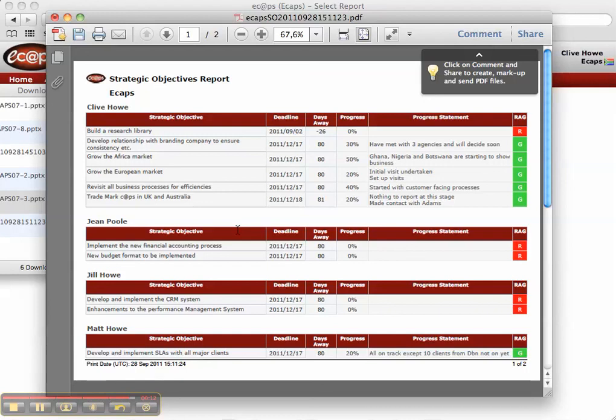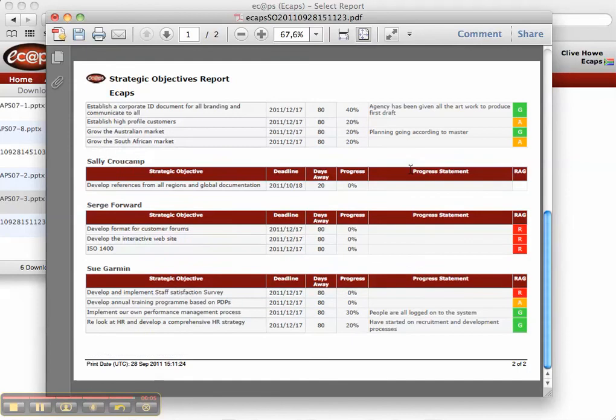And you can very easily see there I have a wonderful report which comes up in terms of all of the staff that work for me, and this is a perfect way to track the success against your